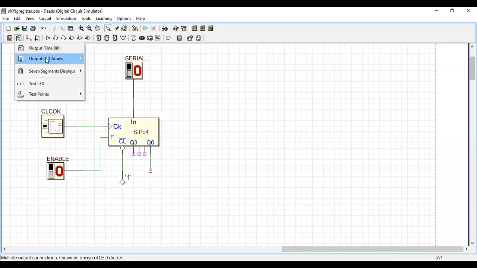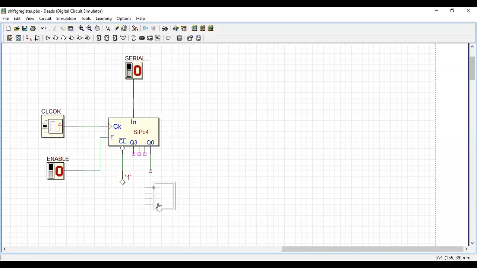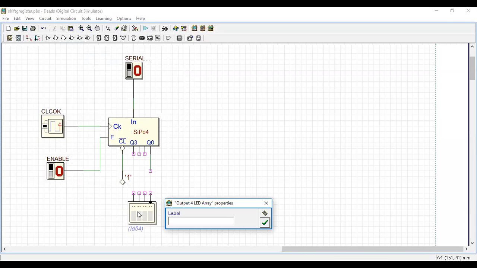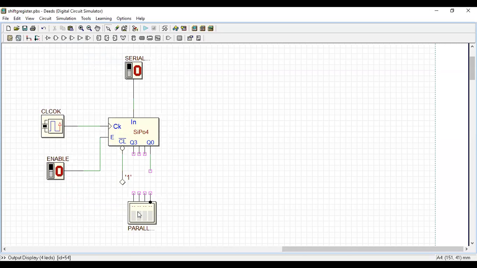I'll take a LED array. Parallel output. Yes, done.